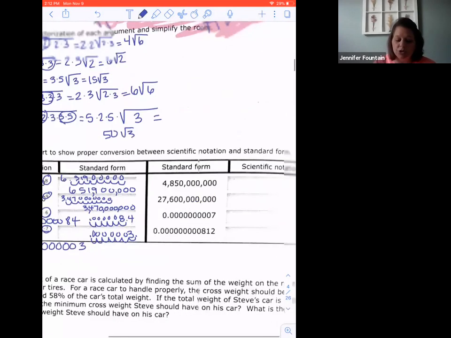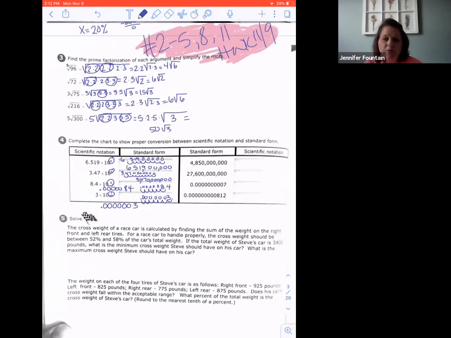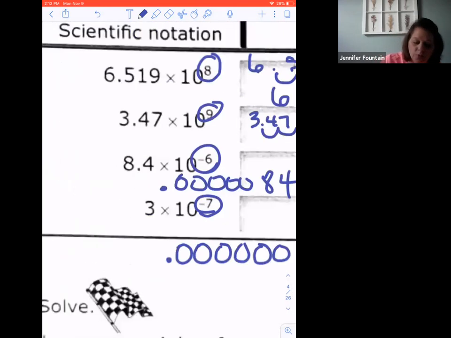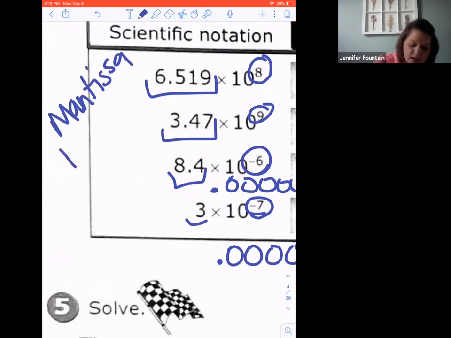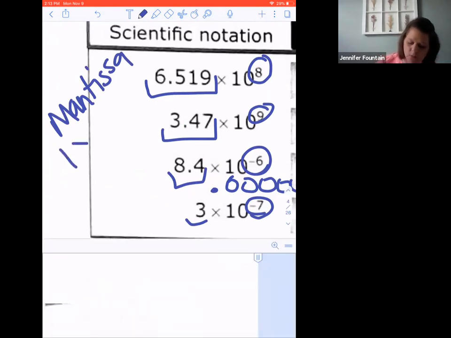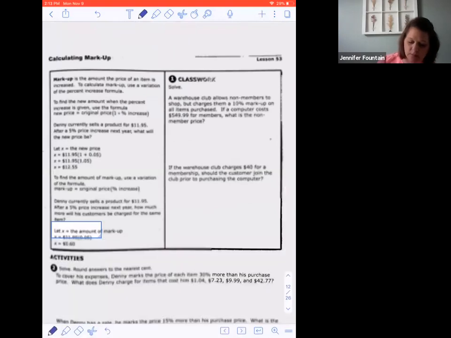All right, now I want you to do the standard form to scientific notation. Now let's review our rules real quick. When we look at our scientific notation, remember this number here, what's in the front of the times 10 to the power? Remember, this is called our mantissa. And our mantissa is a number that is greater than